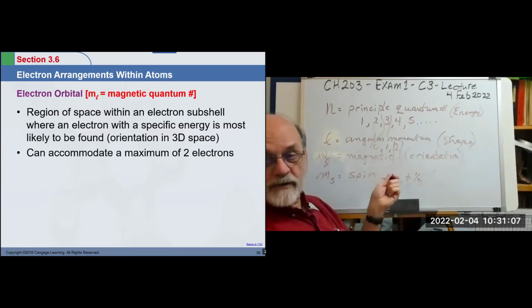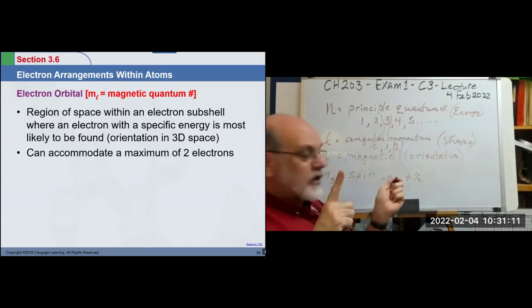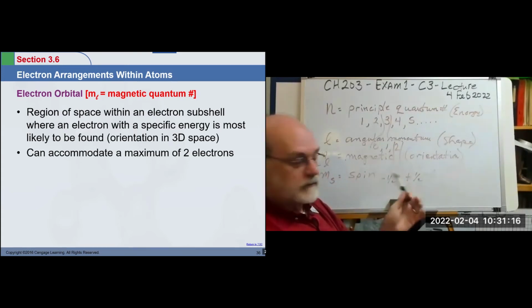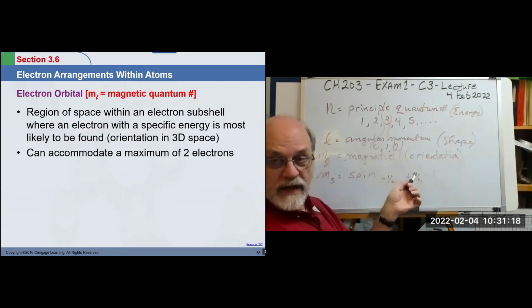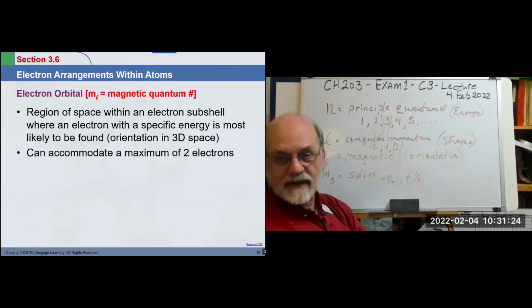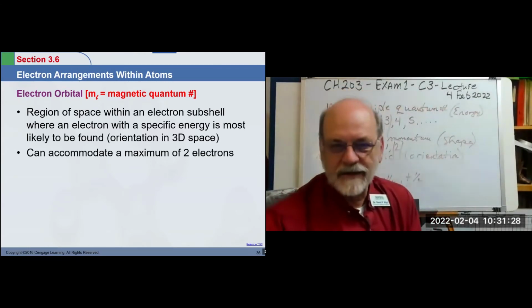Now, this spin represents 1 electron. So if you put 2 electrons together, they have to have opposite spins. So you can have a minus 1/2 and a plus 1/2. Those 2 electrons can go into one of these M sub L's. All right. So as if your head's not spinning enough right now,